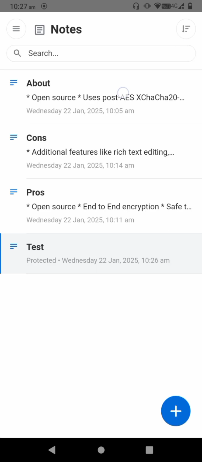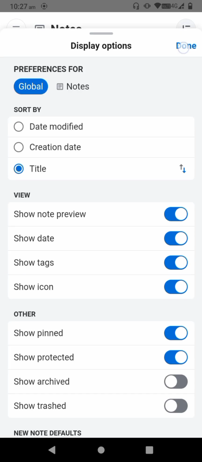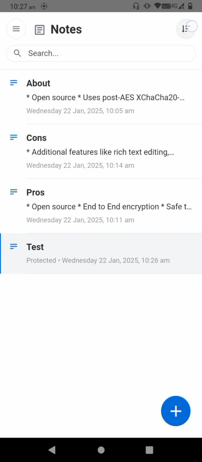So this is the view that you will see. The first three are the notes that I have created already, and the last one that we have created now. So in case if you want this view to be concise, you don't want to see a lot of information here on the main page, you can just do it by clicking on this icon,